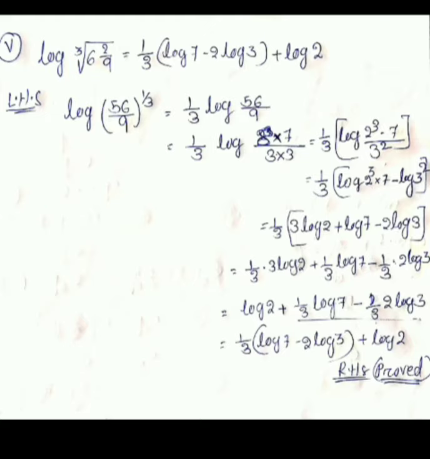Okay, now students, question number 6, log of a whole square minus log of b whole square is equal to log of ab into log of a by b. Rest of the numbers, students, just do it yourself. In next class we will discuss question number 5 and question number 6.